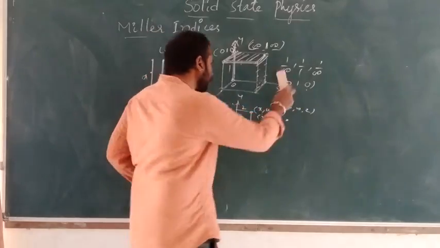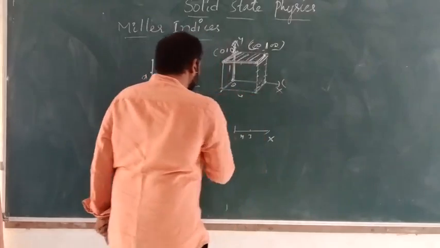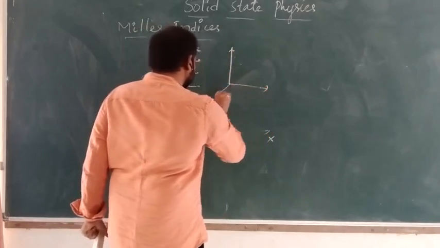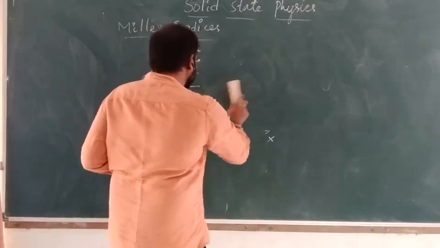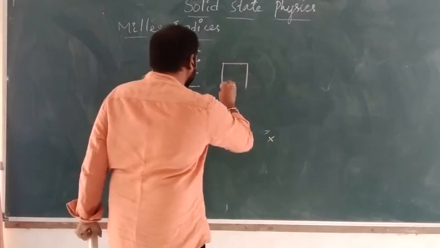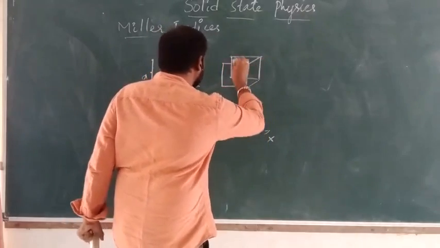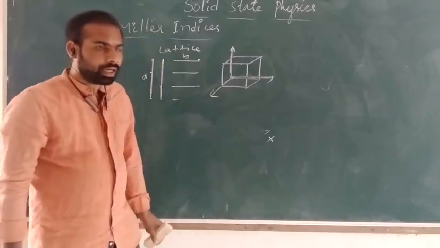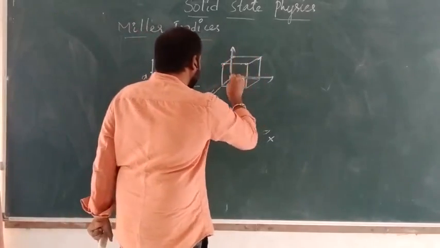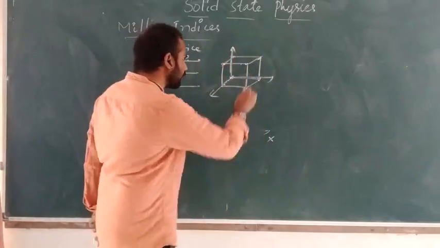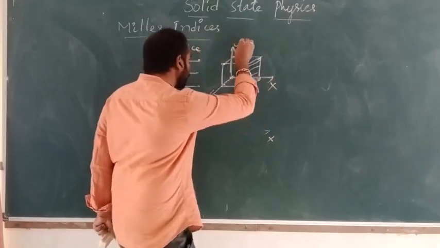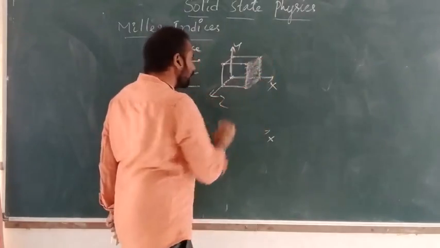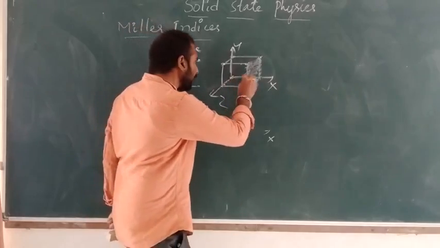Let us consider another example to find the Miller indices. See, I am taking other intercepts here on the x-axis, y-axis and z-axis. Now I am taking only this plane. This plane is making an intersect on the x-axis